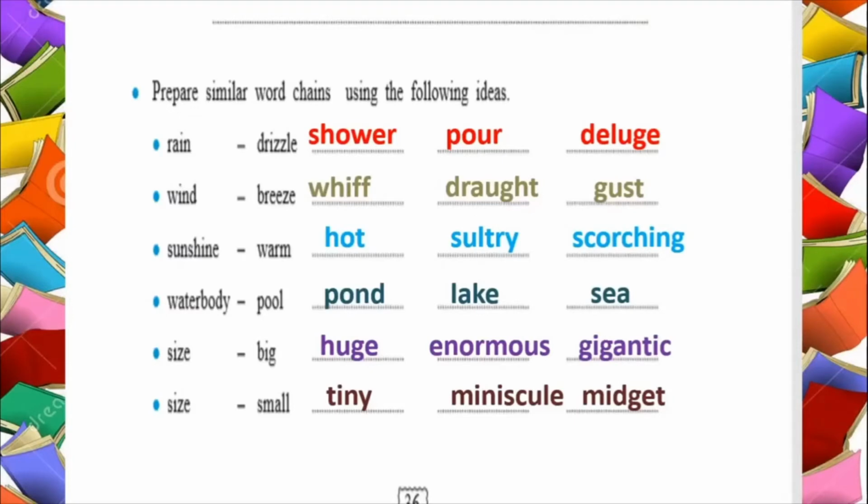But the basic idea is the same. When you try to form such word sets, you have to sit with a dictionary, you have to look around, you have to search for words. What are you doing in one way or the other? You're making your vocabulary richer. You're improving your knowledge of words, and that is what we wanted to do when we were doing these